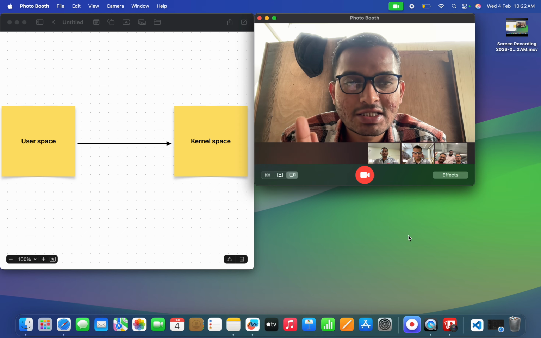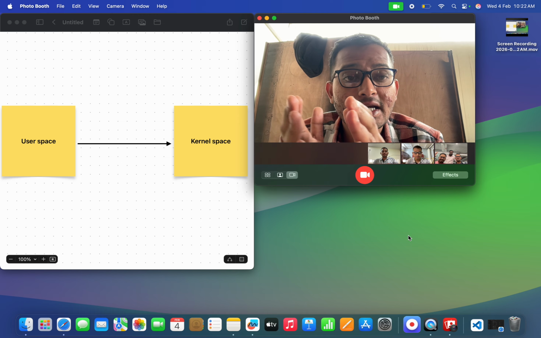User space is the space where we run the application, and the kernel will